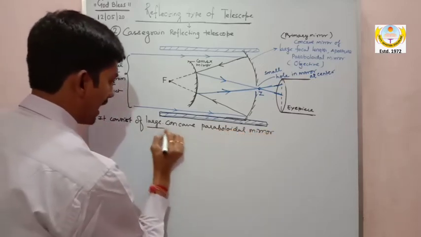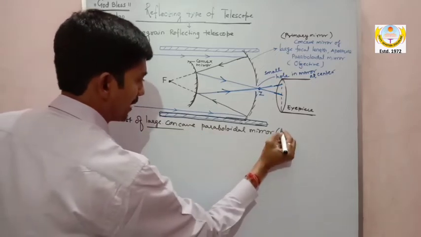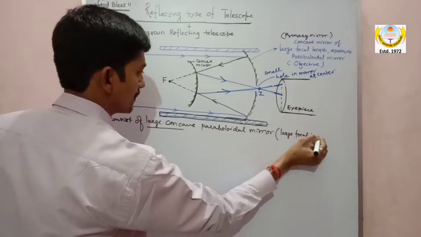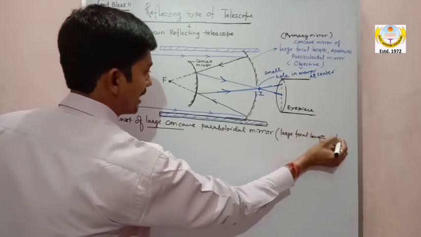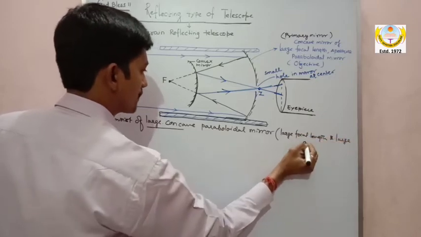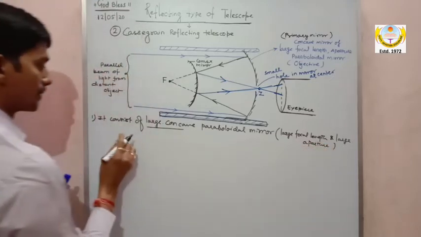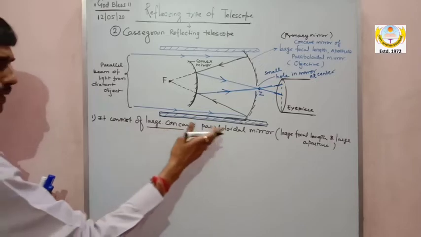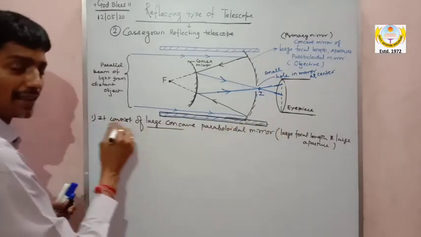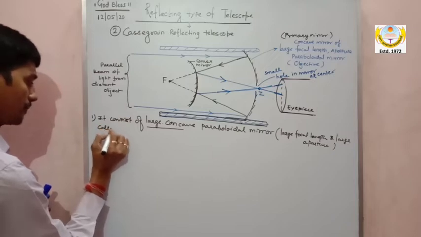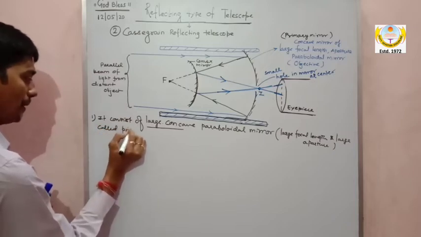If I say large, you should immediately think about what large means: large focal length and large aperture. So it consists of a large concave paraboloidal mirror, that is, large focal length and large aperture, called the primary mirror,